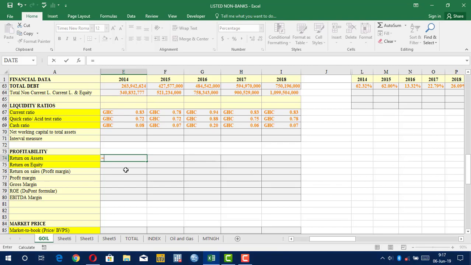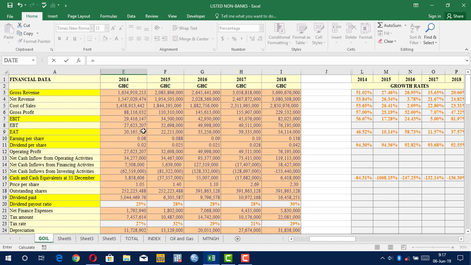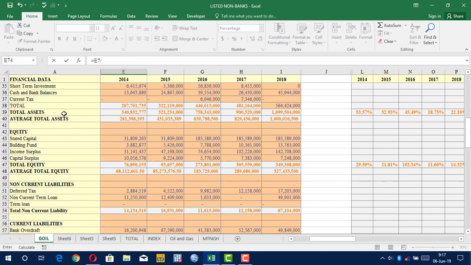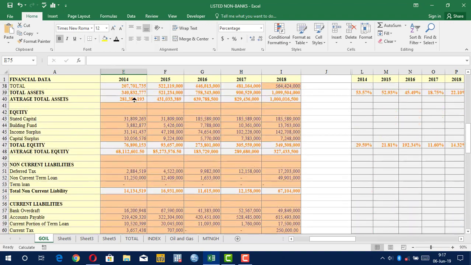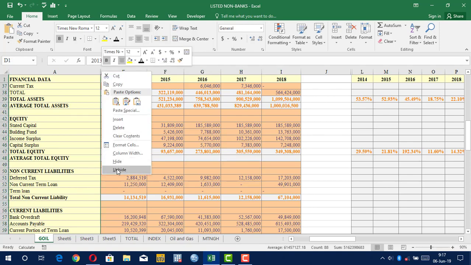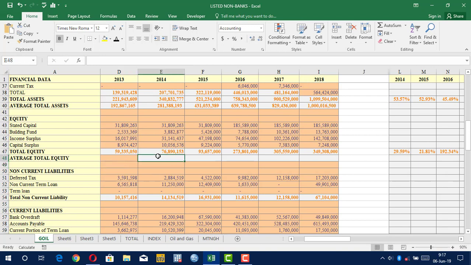then we divide it by the company's average total assets. So we go up here to take the earnings before interest and tax, which is here, then we divide it by the average total asset for the period. The average total asset has been estimated for 2014. In a nutshell, the average total asset for a particular period is the previous or the closing total assets